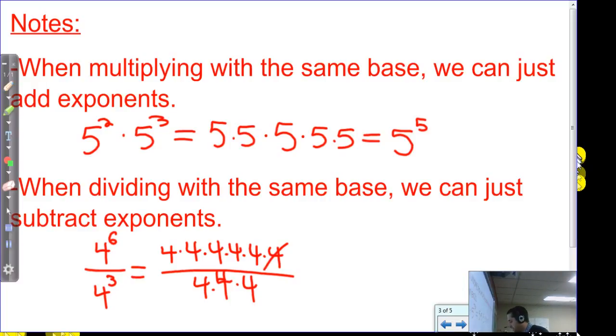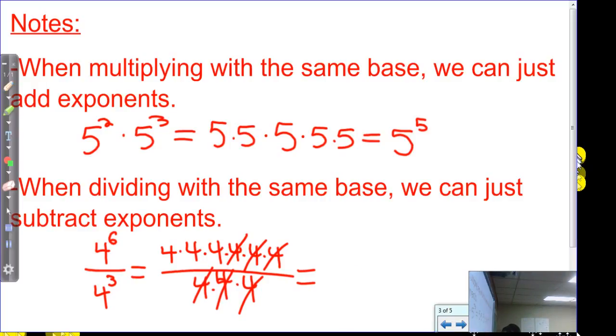So multiplying by a 4 and then dividing by a 4 cancels out. What do we really have? We have 4 to the 3rd. And we could get that same answer just by saying we'll have 6 4s on top and 3 will cancel out because they're paired on the bottom. So we could just subtract and say 4 to the 6th